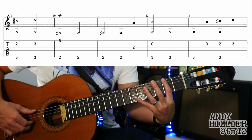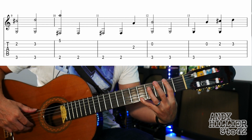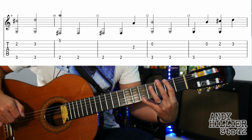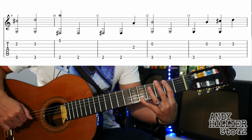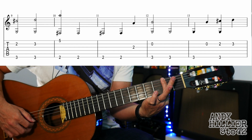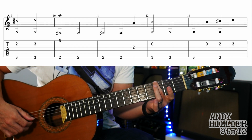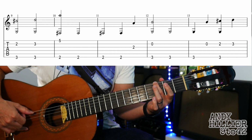to do this big stretch. We've got E5 and E2, so E5 nearest to the floor and E2 nearest to your face. Then you play an E2 on its own into bar 11, another E2, E2. I'm using my first finger just barred across to play the G2 into bar 12, E3 and the B string,